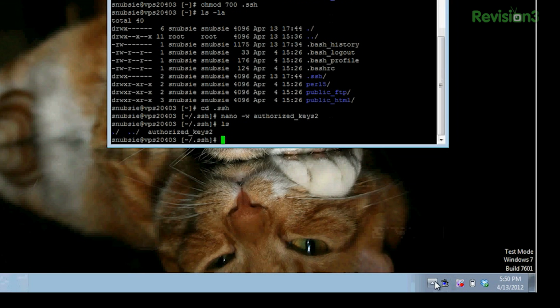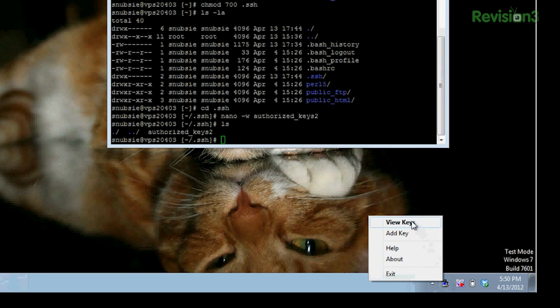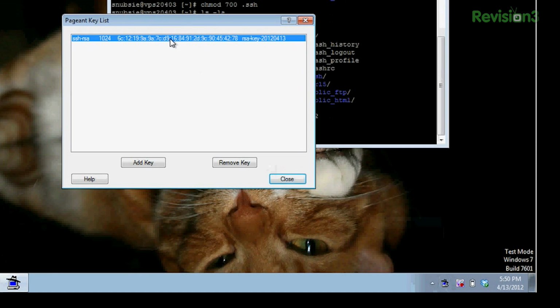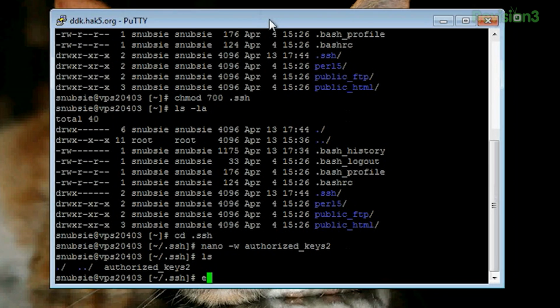And so now your private key is in memory. If you do view it. Oh yeah, it's there. Sweet. And so you've already used your passphrase to unlock this. It's in memory. Yes. Of course, if you reboot, it's not going to be there. You're going to have to open this again, do it again. I have to reconnect now. Yes. So go ahead and exit this.